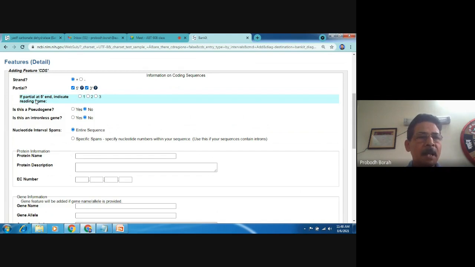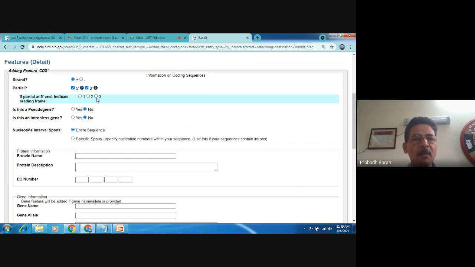Then, if partial at 5 prime end, indicate reading frame. Now we have to say in which reading frame the open reading frame is. If you have already tested the sequence to find the reading frame, and you know whether it starts from the first nucleotide, second nucleotide, or third nucleotide, you can specify it.